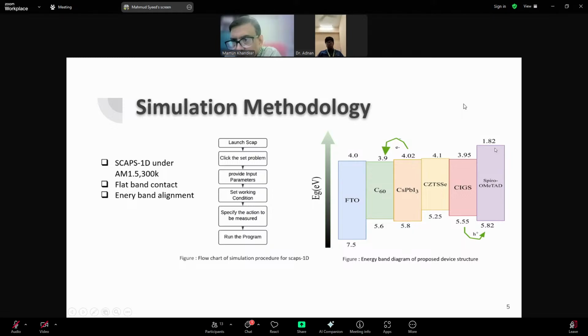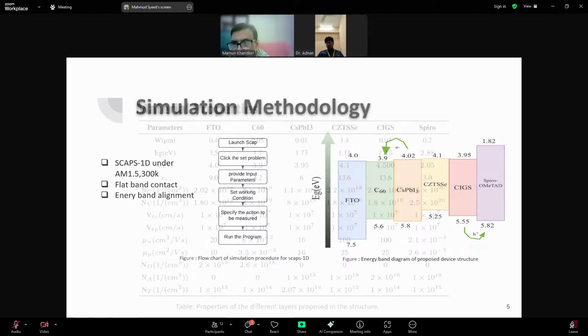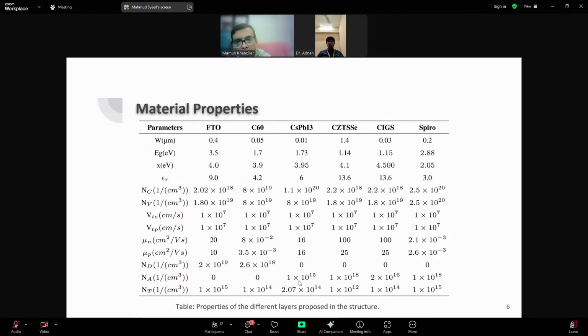Similarly, for the spiro-OMeTAD hole transport layer, the conduction band should have a higher value for blocking the free flow of electrons, and the valence band should have a higher value for the free flow of holes. So this is the simulation methodology we used. Now, here are the material properties we set for